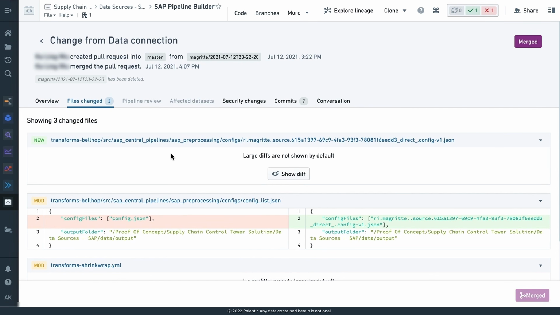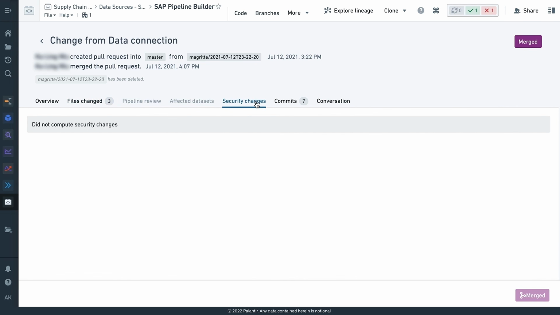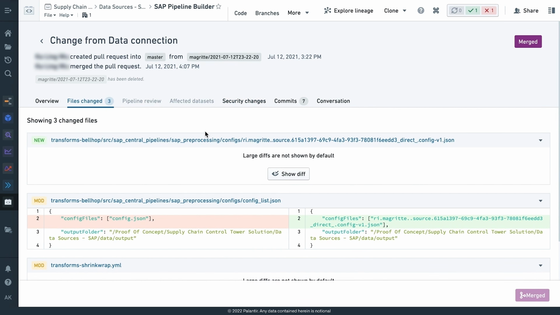And we can also get an impact analysis of what would be affected if we were to merge this into master. And because security, again, gets blended through different parent permissions and different role paradigms, what security changes would actually occur as well? And you'll see we didn't actually see any in this particular case. This is a huge difference from the normal process of saying, okay, if I wanted to make changes, I'd have to clone all my pipelines and data over to a separate UAT environment, make some changes, and then hopefully, say a prayer, and then port them back to master and hope that everything just works.